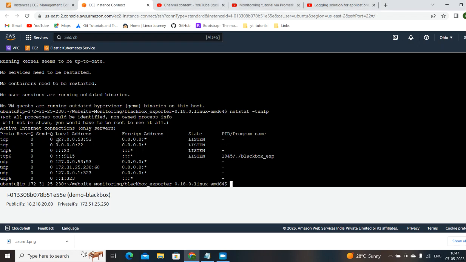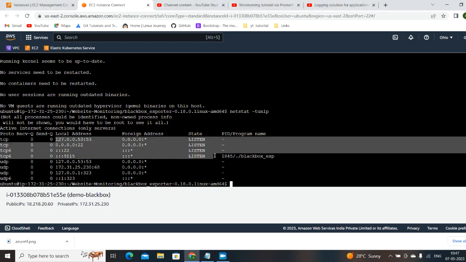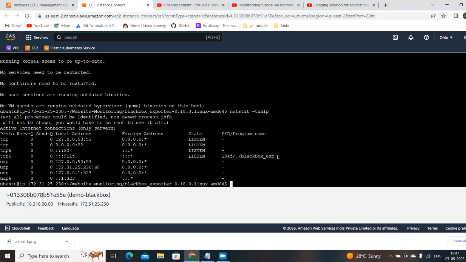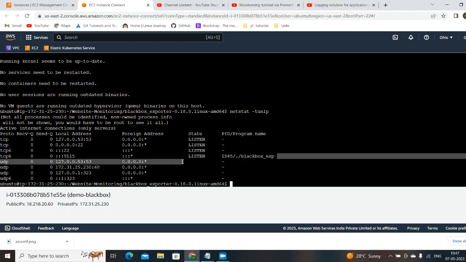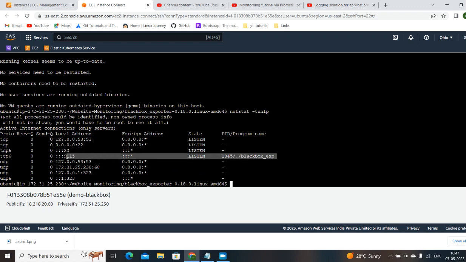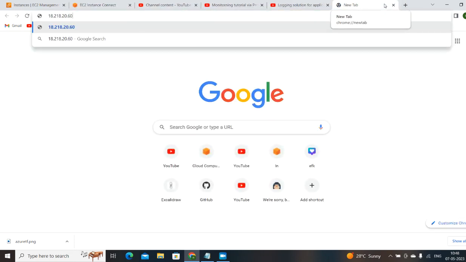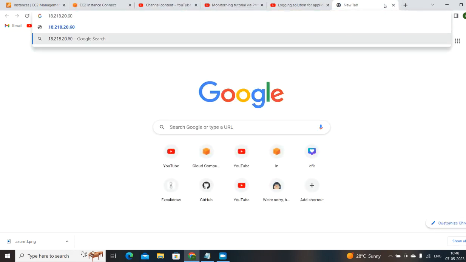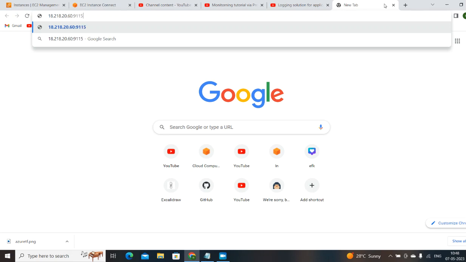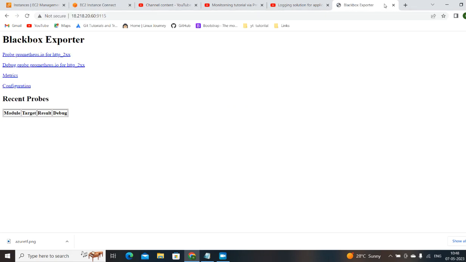we have different ports which are in listening mode. Here you can find that Blackbox exporter is expecting traffic on 9115. So here is the public IP of my instance. Go to that. What was the port? 9115. Okay, it's working fine. So the first step we achieved. We have the Blackbox exporter, and